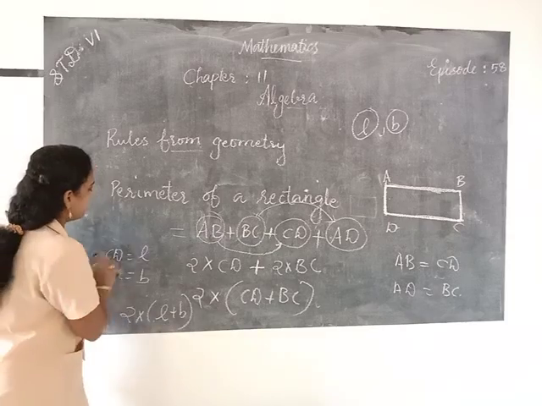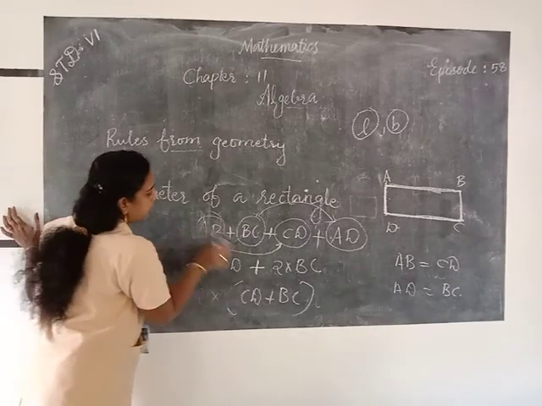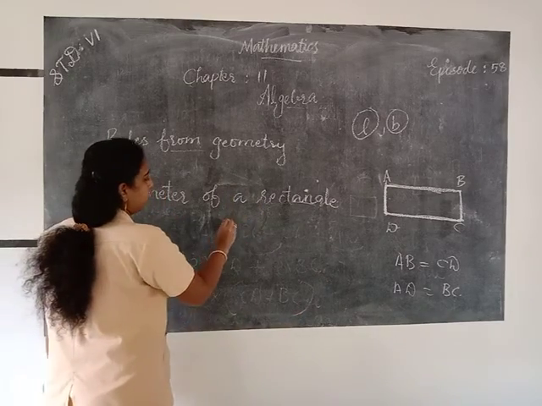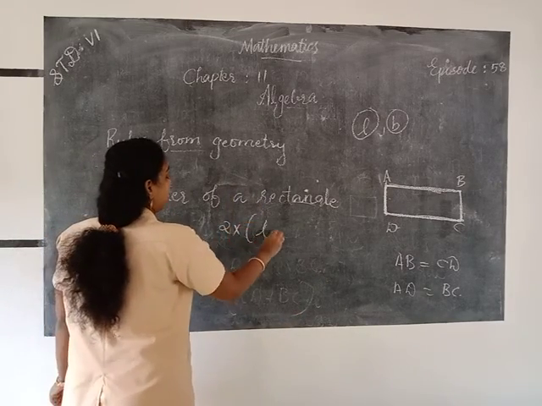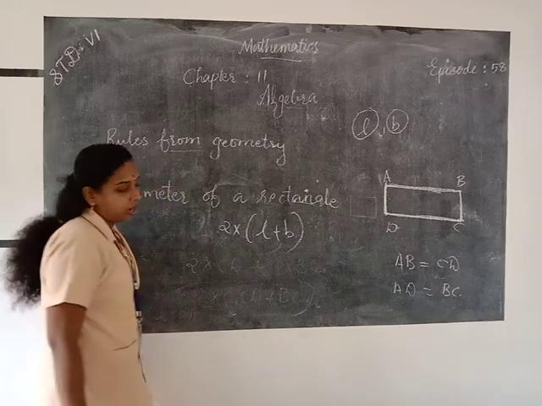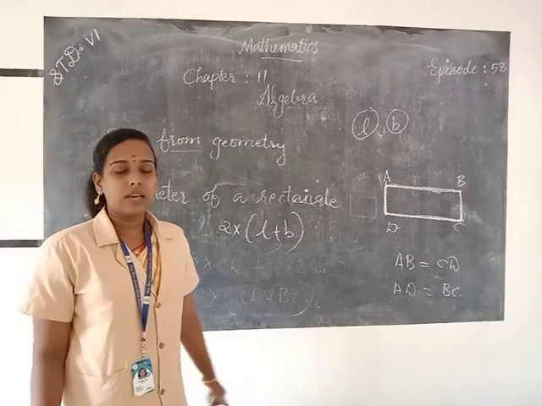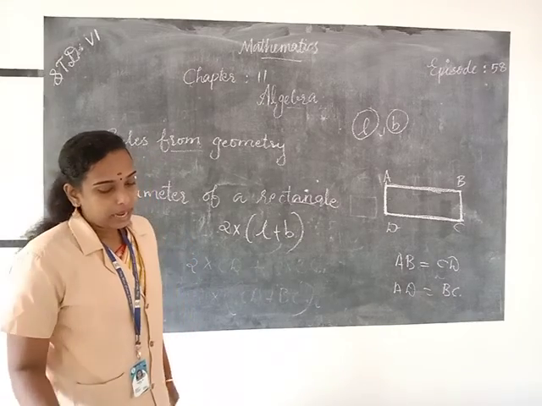So we can write perimeter of a rectangle by using the variables as 2 into L plus B. Here L and B are variables used to express the perimeter of a rectangle. Then the next one is